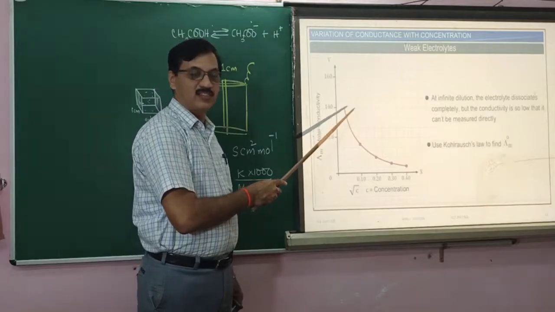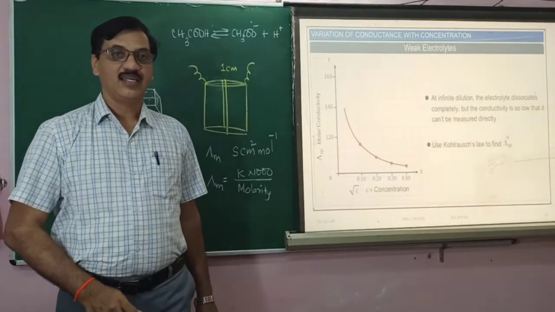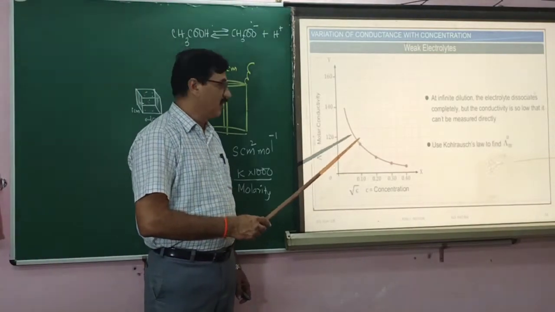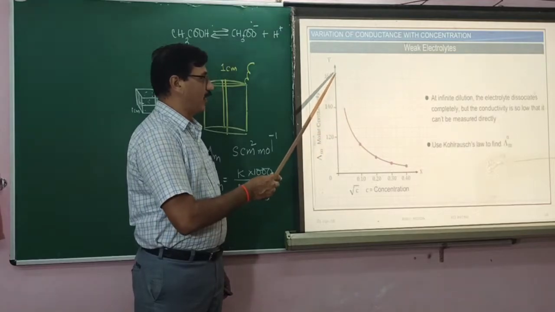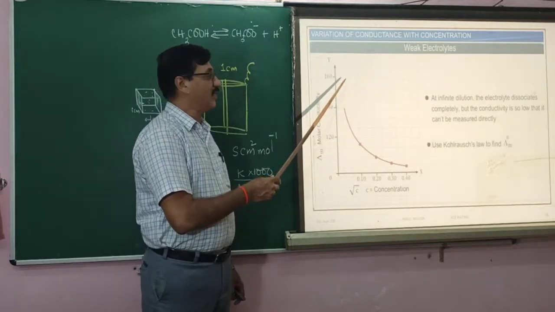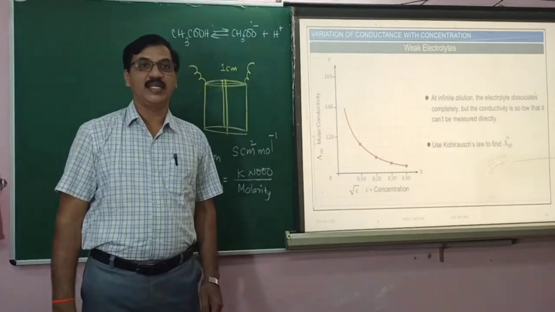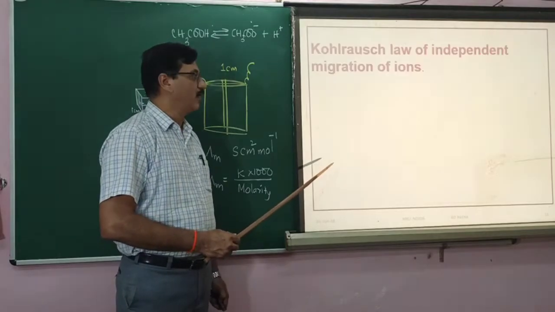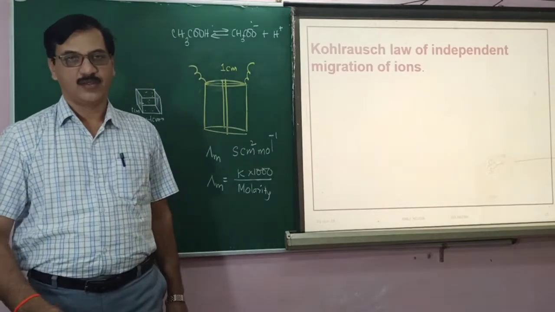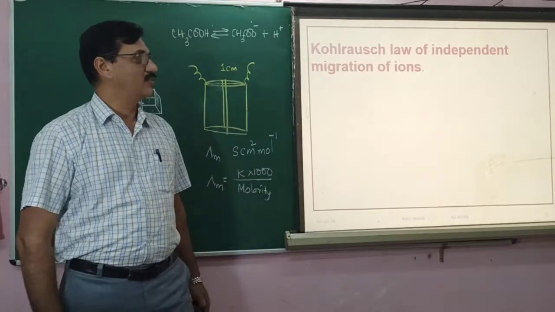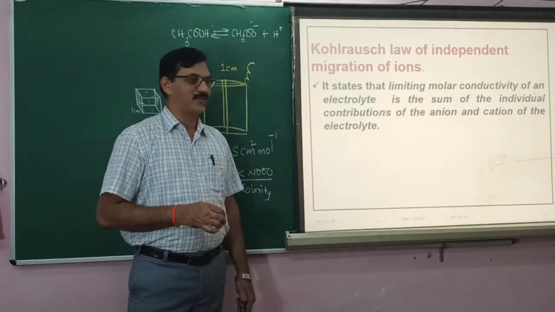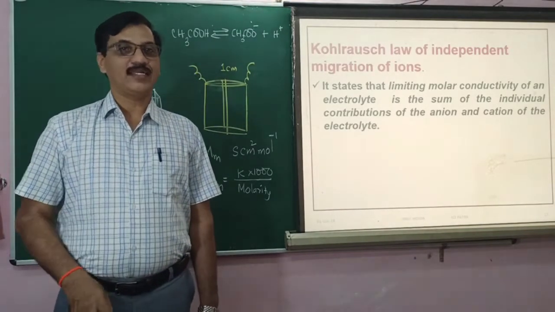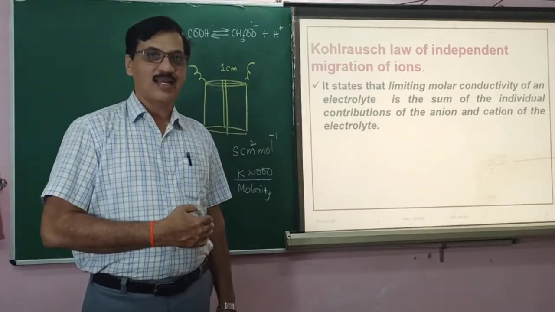Molar conductivity value increases steeply for a weak electrolyte because of increased degree of dissociation on dilution. So it is not following a straight line. Therefore, limiting molar conductivity, or molar conductivity at infinite dilution, cannot be plotted. It cannot be plotted. Right? So it should be calculated by Kohlrausch's law. By using Kohlrausch's law, we can calculate molar conductivity at infinite dilution of a weak electrolyte also, which cannot be done graphically.